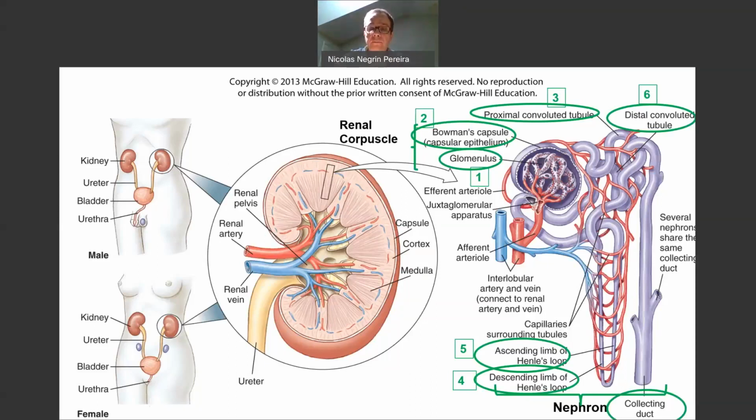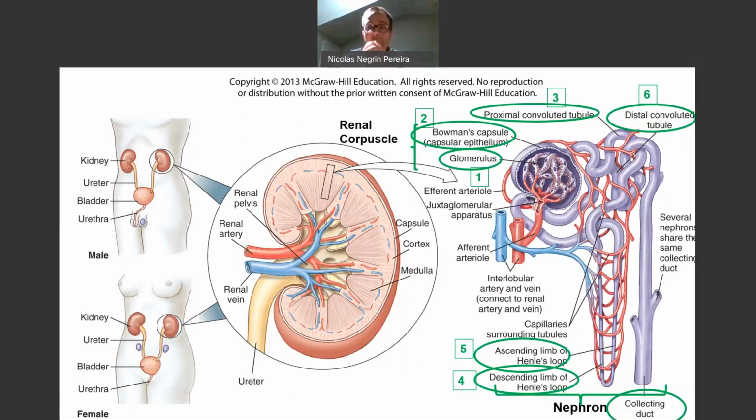And this afferent arteriole, which is normally of a much higher caliber or diameter than the efferent arteriole, will produce extremely high hydrostatic pressure, and that hydrostatic pressure will be responsible for forming a fluid that will be filtrated through these tufts of capillaries, and the fluid will be getting into the interior of Bowman's capsule, and